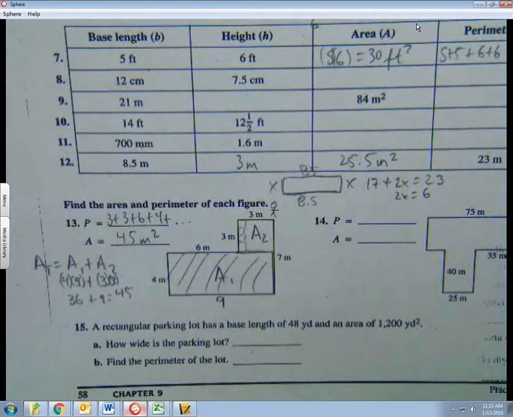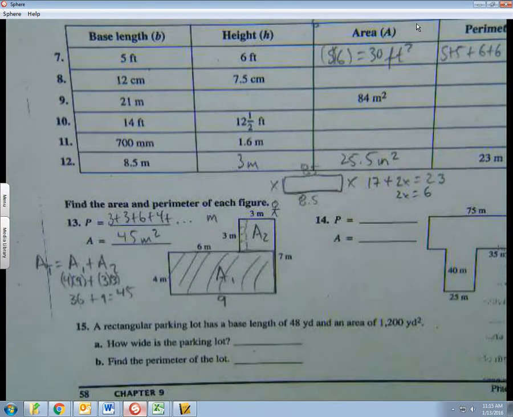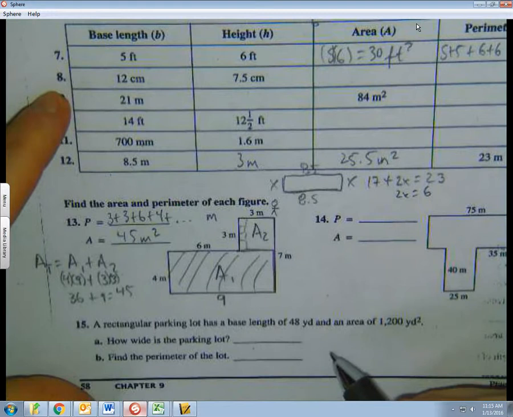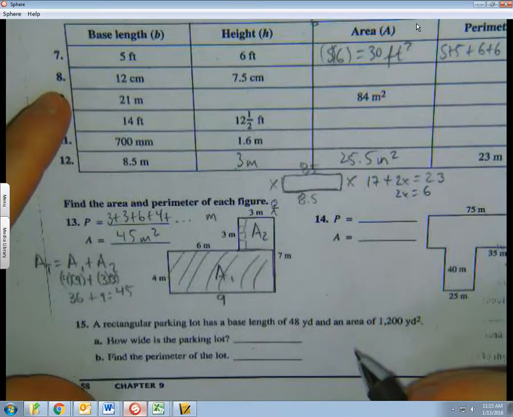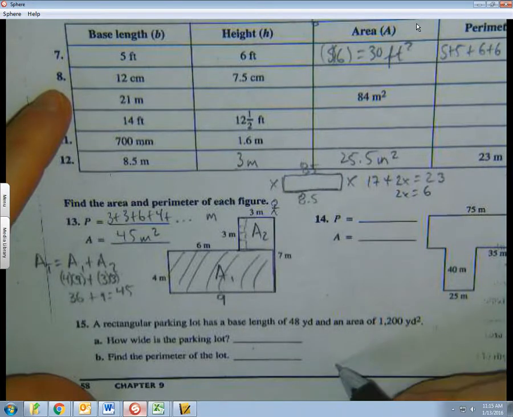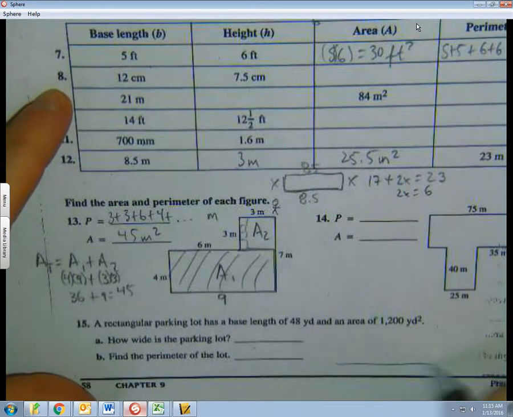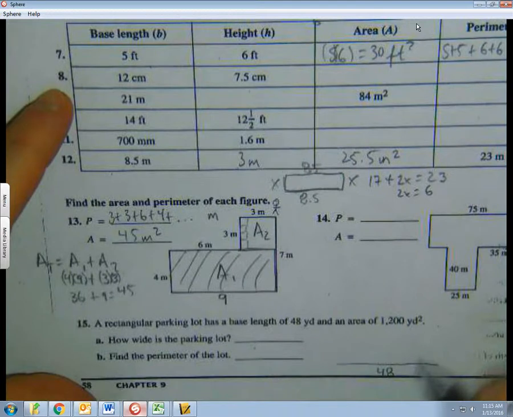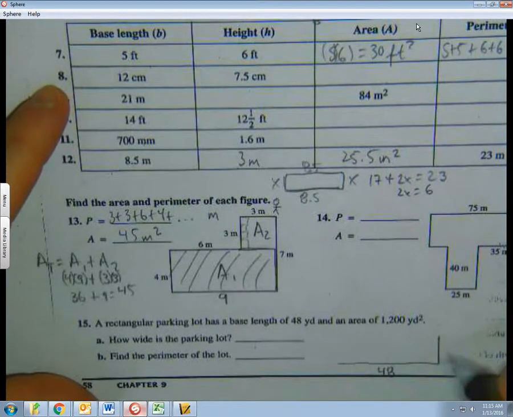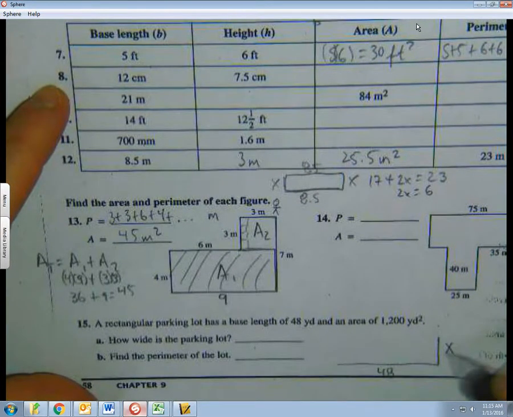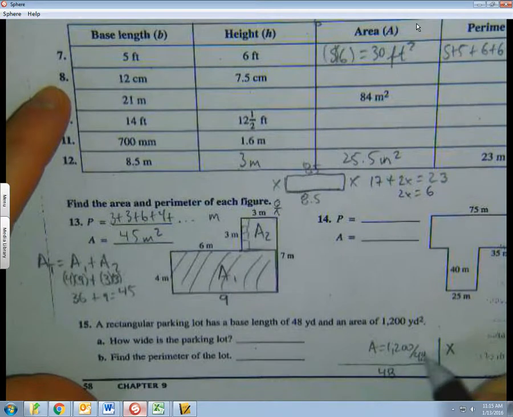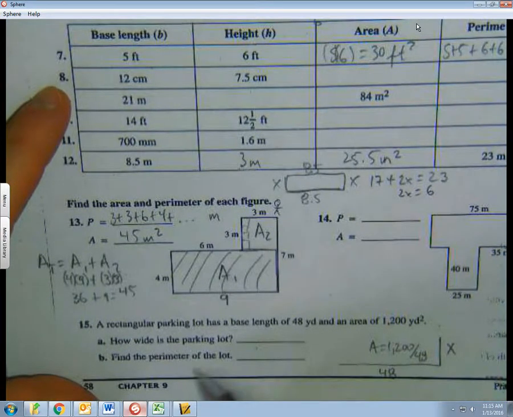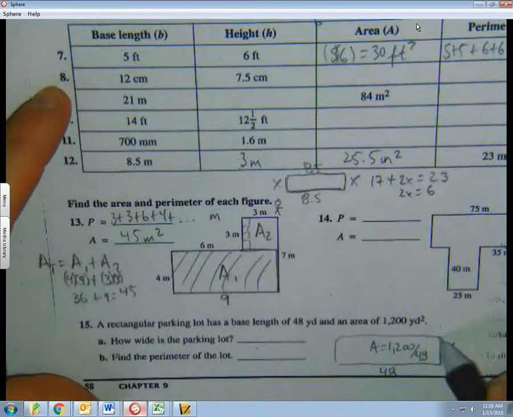Down here, I draw a picture. Regular parking lot has a base length of 48 yards, so the base is 48. And we don't know how wide it is, so we're going to put X. We know the area, so I'm just going to take that and divide by 48. I get an answer. I'll find the perimeter. Once I get whatever X is, I'll have 48 here, and then I'll just add them up with